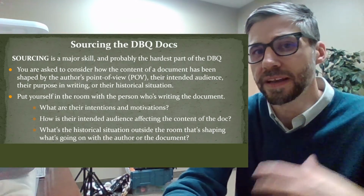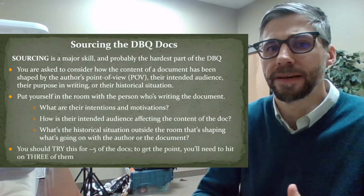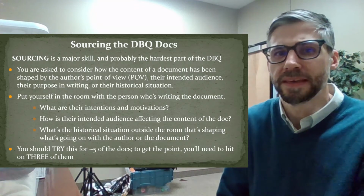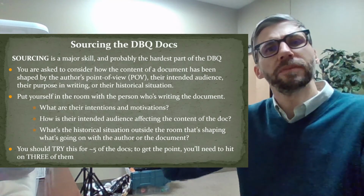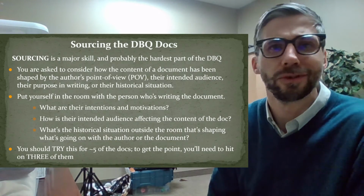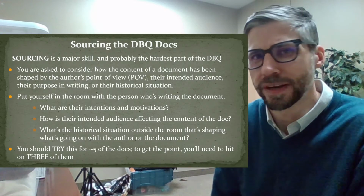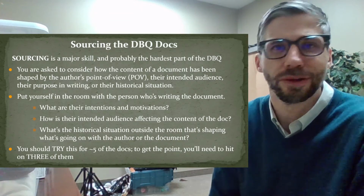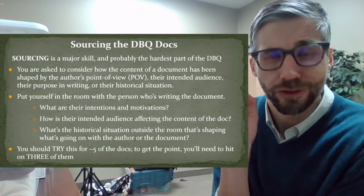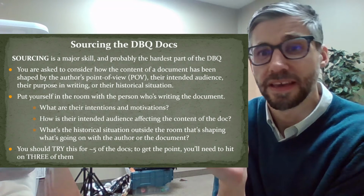So there's different ways of doing it. What is this author's intentions or motivation? Who's their intended audience, and how is that shaping what they're saying? Or what's the circumstance surrounding them, right? Like, this person is writing during the Renaissance. And so what you are seeing here is a great example of Renaissance humanism or Renaissance curiosity or something like that, right? I want you guys to try this for 5 out of the 7 documents,